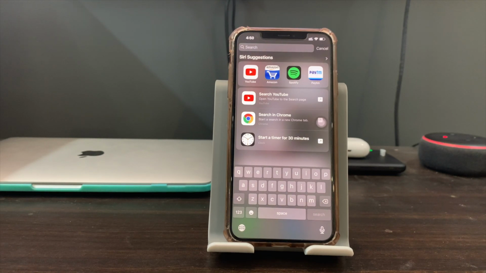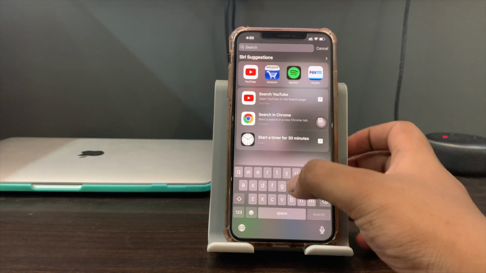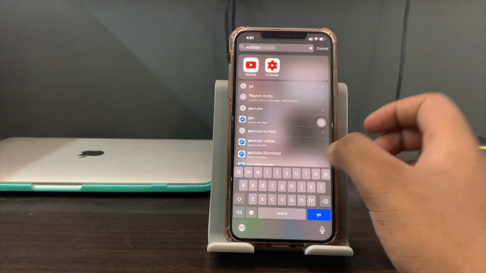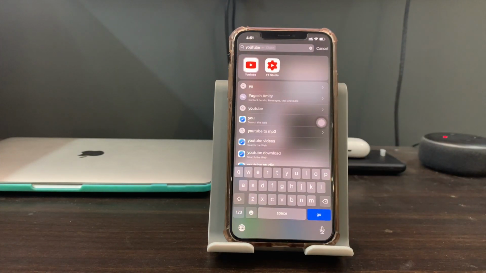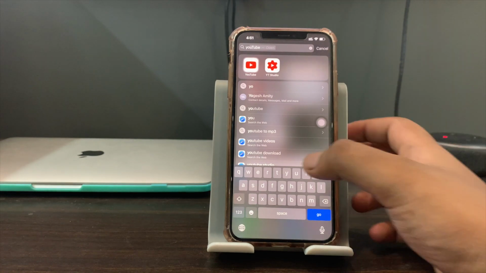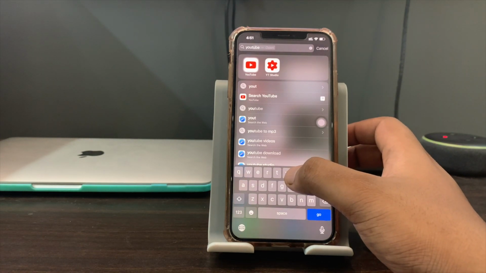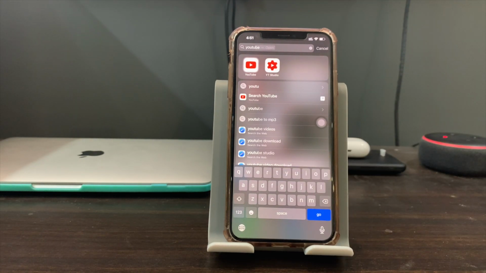Next thing in search is that now search is autofill. So suppose I am writing YouTube, you can see that it has already written YouTube completely, and I can see YouTube and YT Studio here. So basically YT Studio is an app for creators, so not all of you might be using this. Let's keep that aside. We are not talking about YouTube Studio right now. So as you can see, when I have written YouTube here, the two icons are shown here and the YouTube icon is highlighted a little bit.